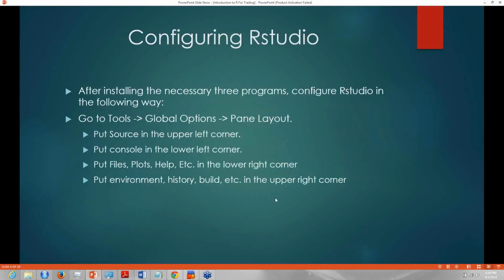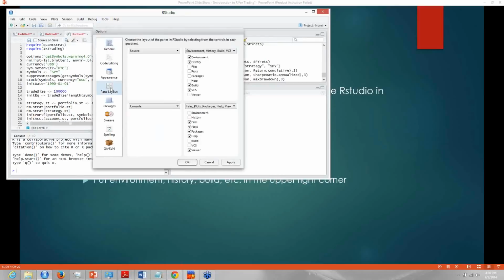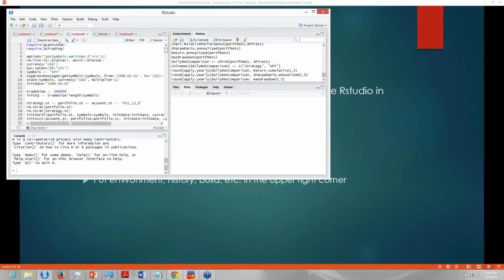Moving on. So, configuring RStudio after installing the necessary three programs that I just listed, you need to go to Tools, Global Options, and Pane Layout, which I will demonstrate right now. So what you want is your source in the upper left, your environment, history, build, VCS in your upper right, console in the lower left, and files, plots, packages, help, and view in the lower right. So you're going to hit Apply, you're going to hit OK, and